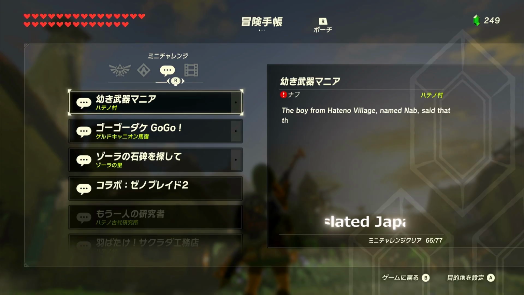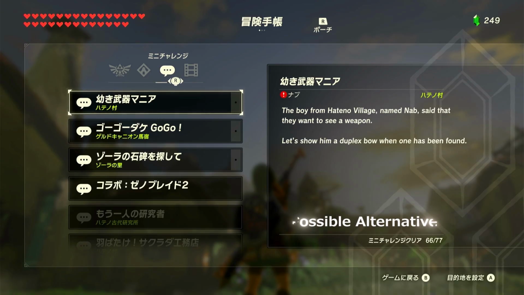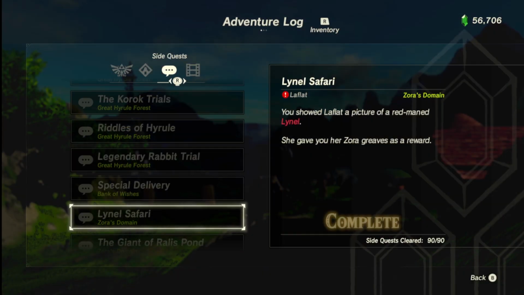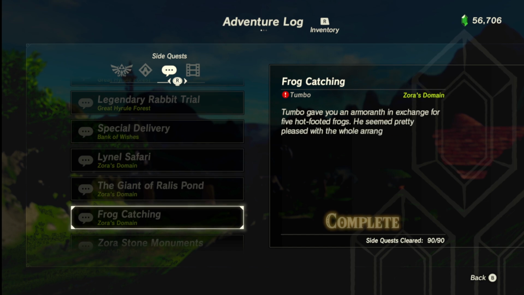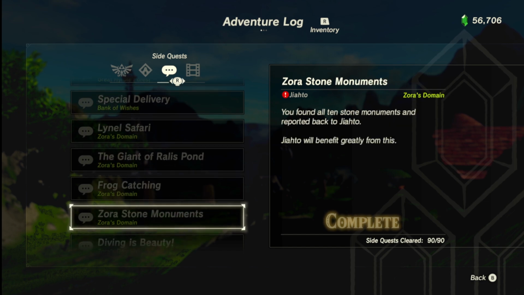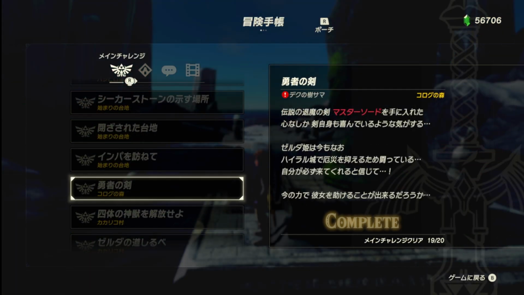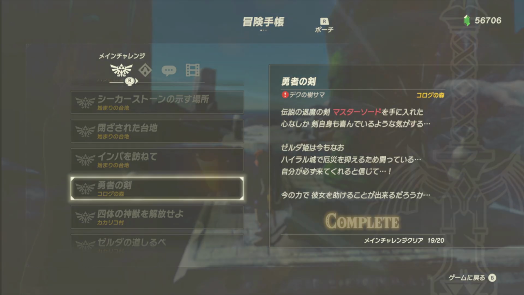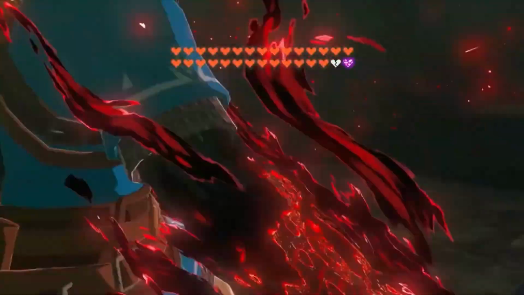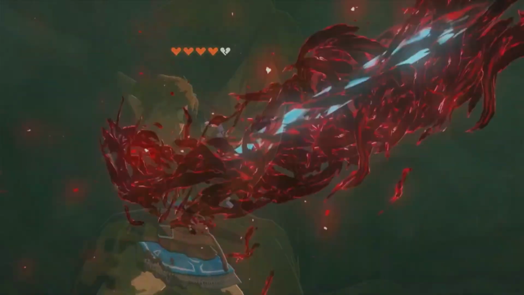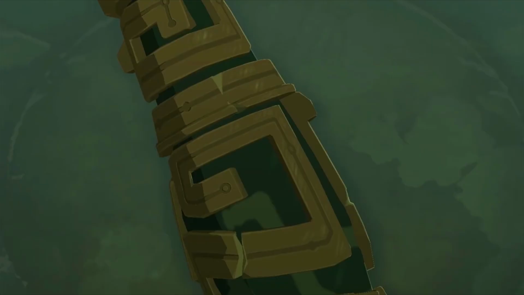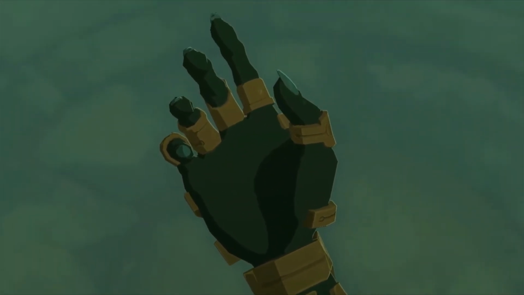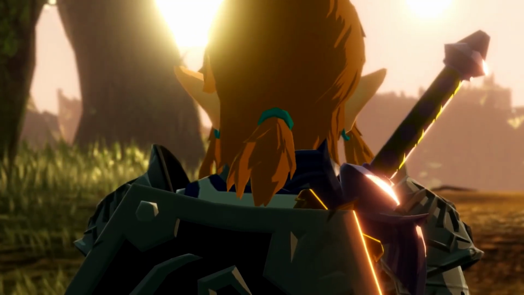Alternatively, you can opt for a more neutral translation, but to some this may feel somewhat strange, as deciding on a second or first person perspective would probably be more natural for this style of narration in English. While there are numerous completed quest entries within the adventure log that are relatively short in text in both versions, there are several lines in multiple entries that exist in the Japanese version, but not in the English release, due to having been erased during the localization process. These extra pieces of text contain expressive language and personal thoughts that are definitely better read in the first person in my opinion, which would be from Link's perspective.